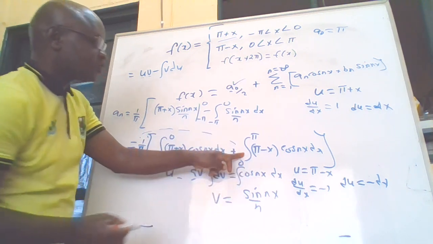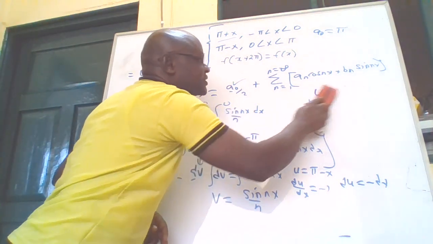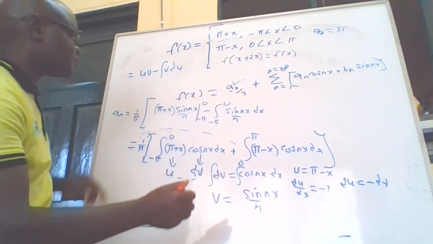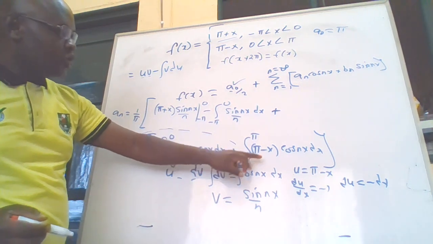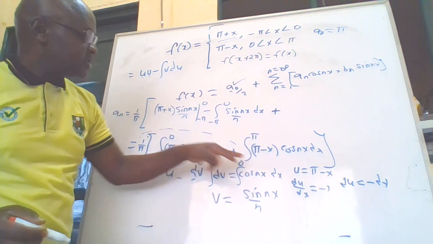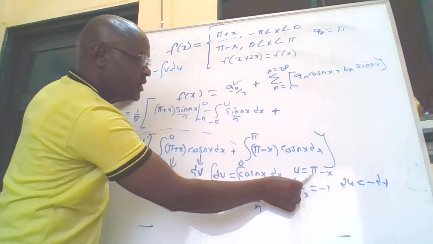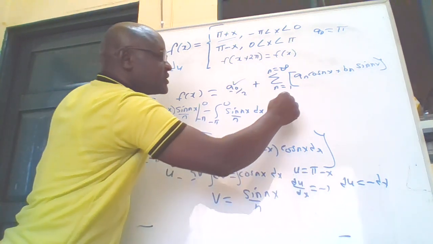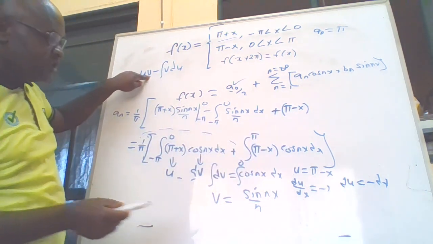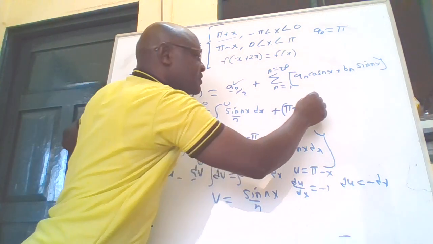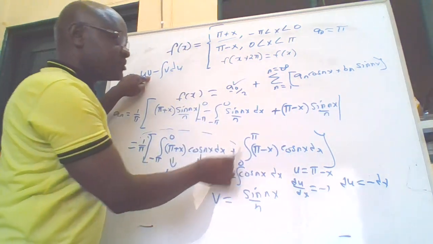Then we need to come to this section again. I can now wrap this. Then plus, now we are here. So also here we apply the integration by parts. So what is u at this place? U is this one, which is pi minus x. What is now v? V is the same, sine nx all over n. Then we are integrating from 0 to pi